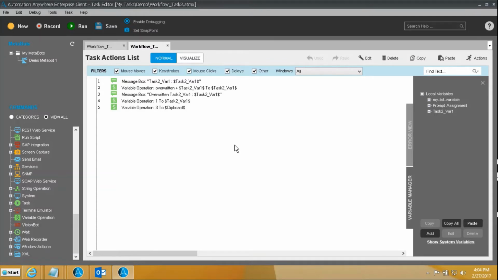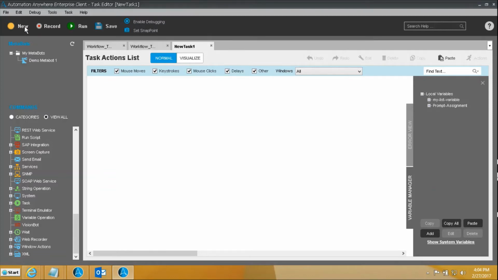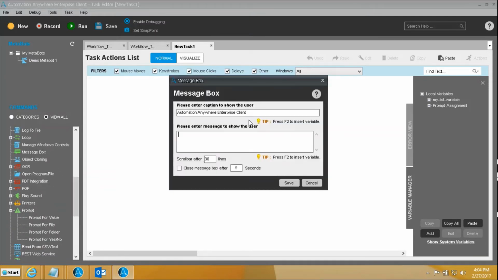Now we will create two very simple tasks. The purpose is just to showcase that this workflow was a success or a failure. Nothing beyond that. It's something like flags indicating success and failure. So I click on new over here and take a message box, to which I will say something like success achieved,